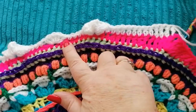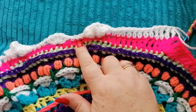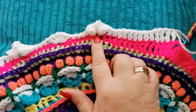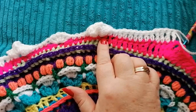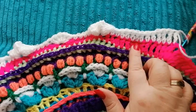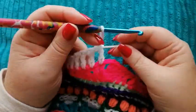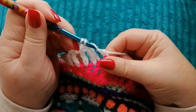We come along, we skip 2 stitches and we work 4 singles, we skip a stitch and then work the 3 popcorns into the 1 stitch, skip a stitch, work 2 half doubles, 7 doubles and 4 trebles. That brings us up to the next corner, and again we're going to do the same as we did in that first corner,